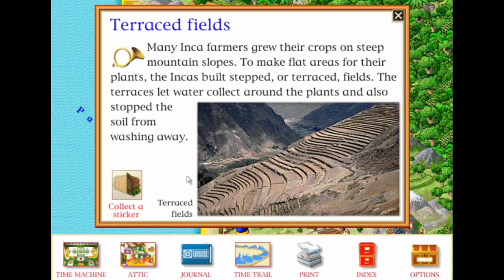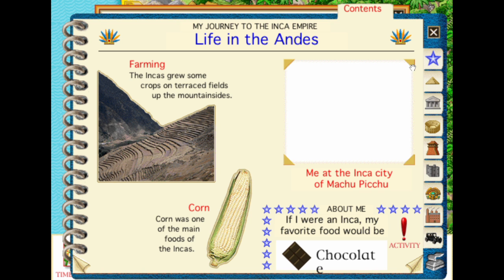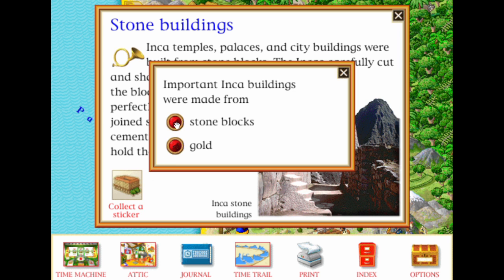Terraced fields. Many Inca farmers grew their crops on steep mountain slopes. Terraced fields help to stop soil washing away. Stone buildings. Inca temples, palaces and city buildings were built from stone. Important Inca buildings were